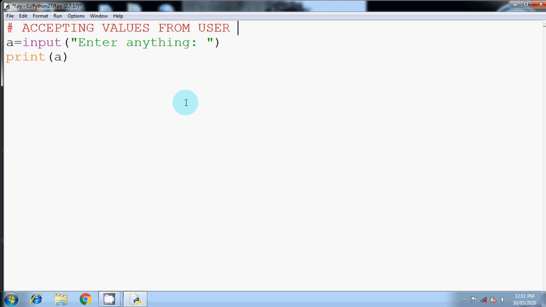Now coming to the coding part, first of all I have written a equal to. So I think that's pretty obvious that this is my variable name. This is the variable which will take the value that will be entered from the user. As you can see, I have not specified any particular type here. That is because the input function is a function which helps you to take values from the user. This function always returns the value in the string format, which means anything that will be entered by the user will be in the form of a string.